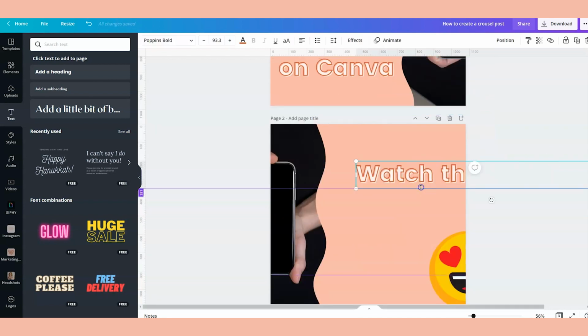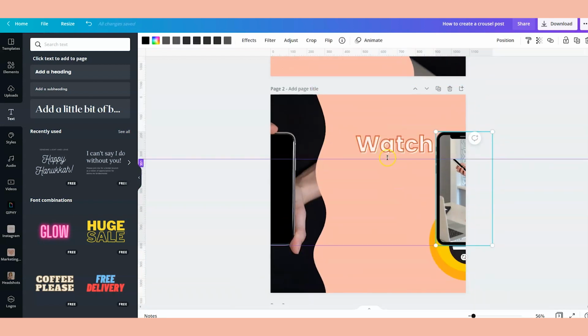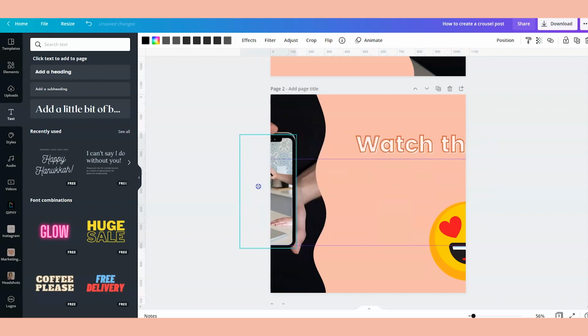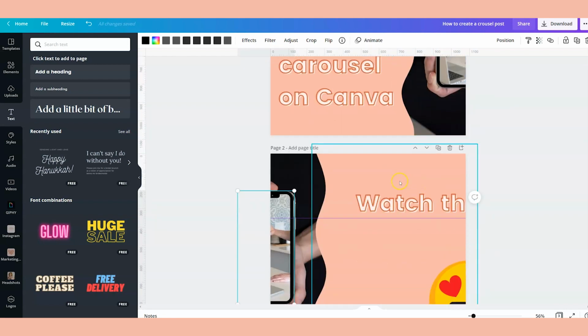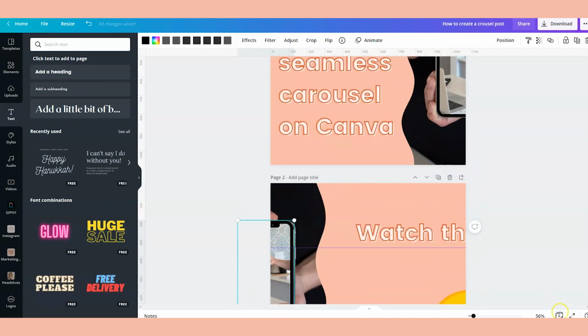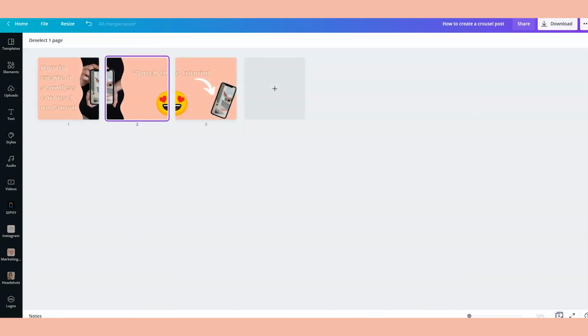That way I can place it on this other canvas and slide it over to make sure that I've got this lined up correctly. Let's take a look. And it looks like it's all lined up correctly. So now all I need to do is download this into my phone and upload it into Canva as a